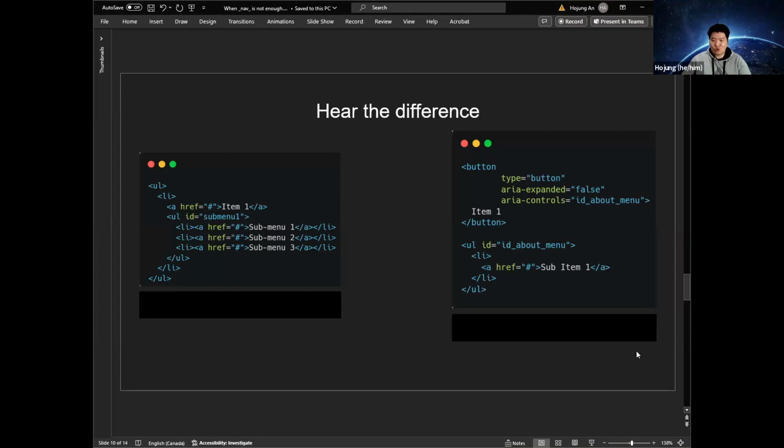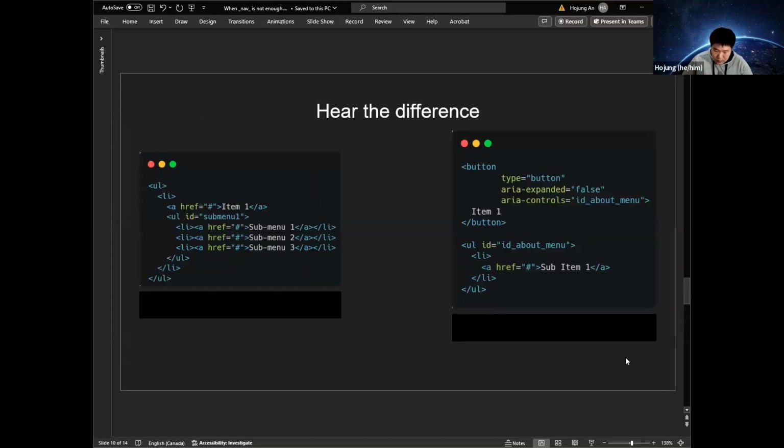So to reduce the amount of information unnecessarily being repeated, the screen reader will just say the changes made to the button as long as you are on that same button,